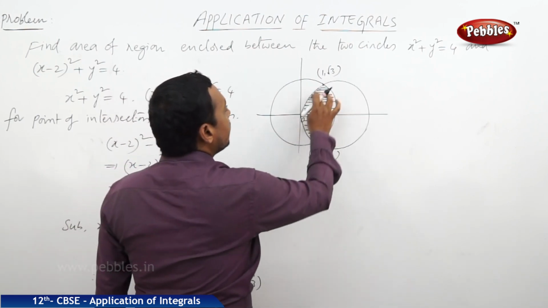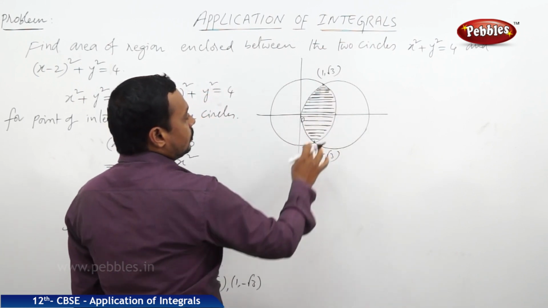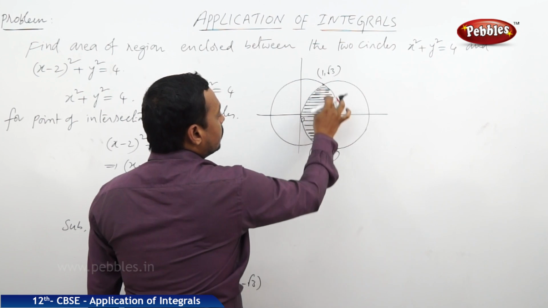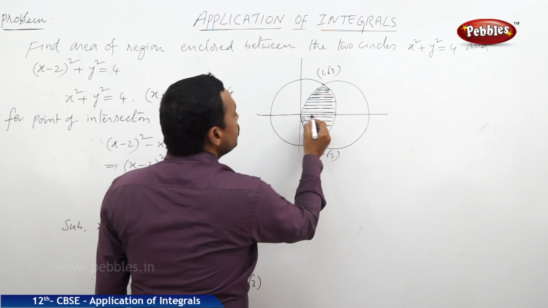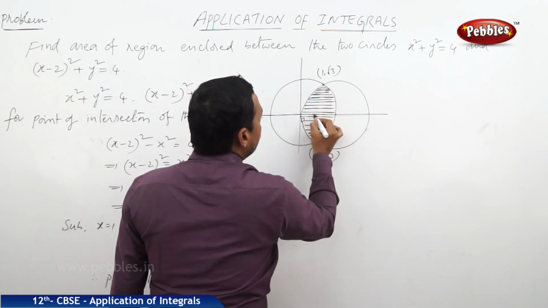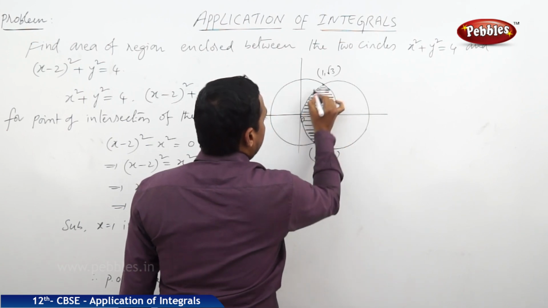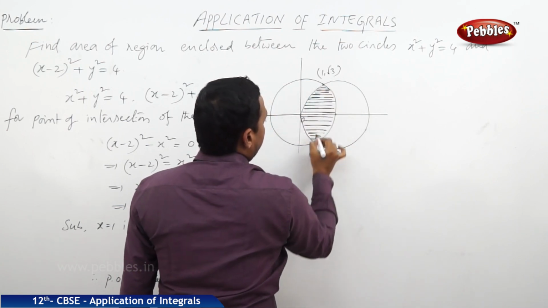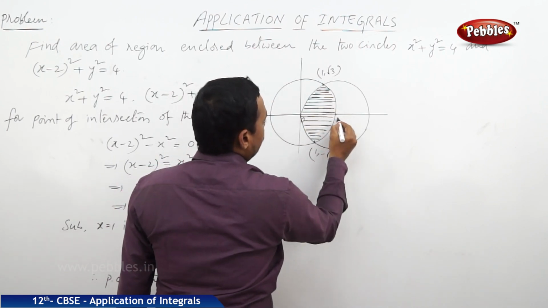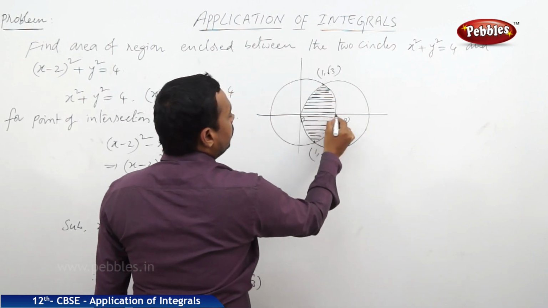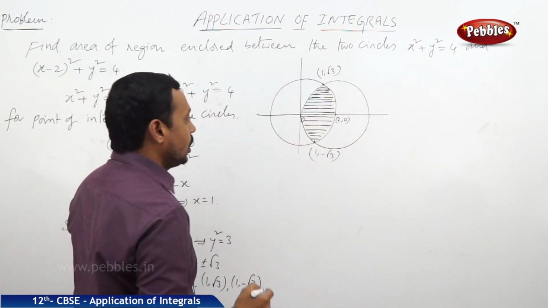See, between 0 to 1 we can integrate this curve. Then we can get the area of the region here. From 1 to 2, it is x is equal to 2 point. So, between 1 to 2, you can integrate this curve. Then we can get the rest of the area. Therefore,